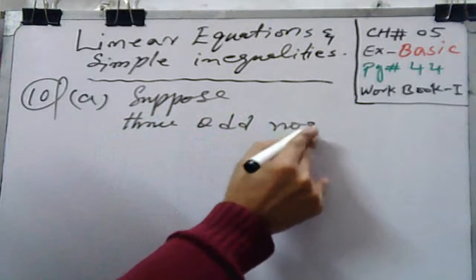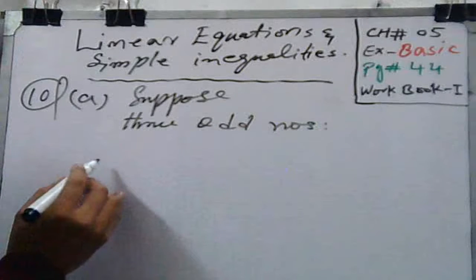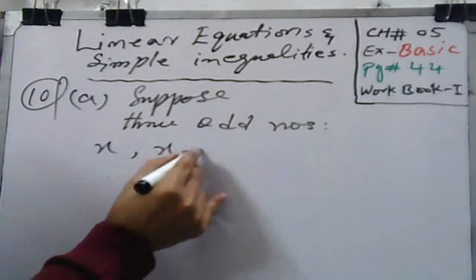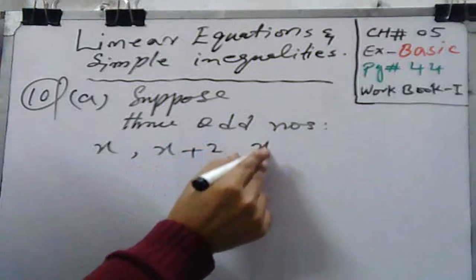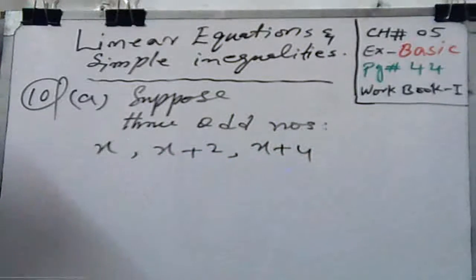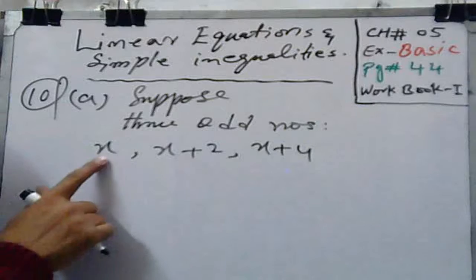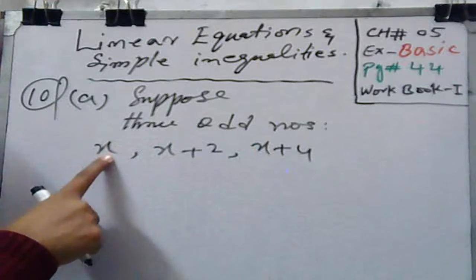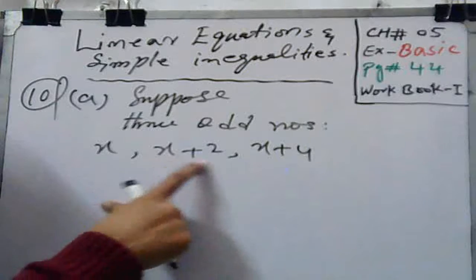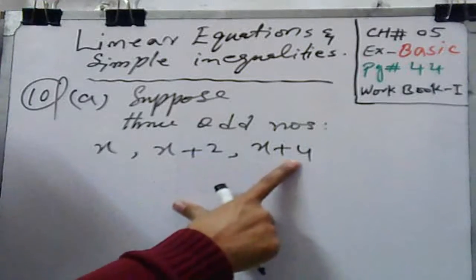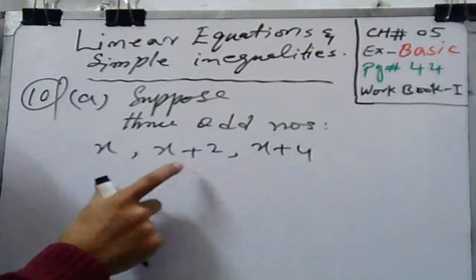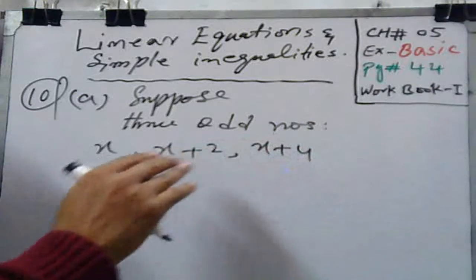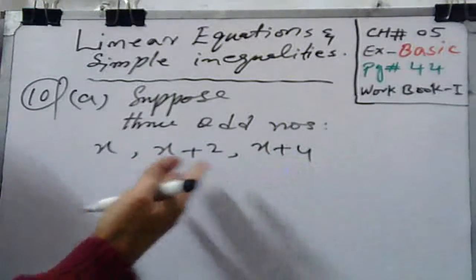So these are 3 odd numbers, because when you take the first odd number, any odd number, suppose 3, then 3 plus 2 is 5, and 3 plus 4 is 7, so you have taken 3 consecutive odd numbers. That is how you can find the odd numbers from these simple formulas. And by the given conditions,